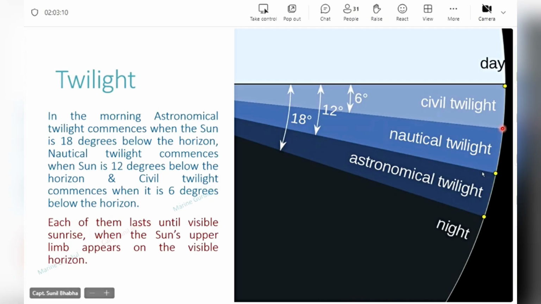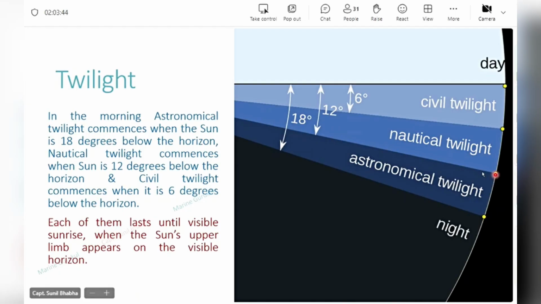The suitable period for us for sight taking starts at the commencement of nautical twilight in the morning, and it remains up to the commencement of the civil twilight in the morning. Now, why is this period suitable to us? If you go beyond this particular period into the dark blue zone, in the dark blue zone, the sun is 18 degrees to 12 degrees below the horizon. With the sun more than 12 degrees below the horizon, there is